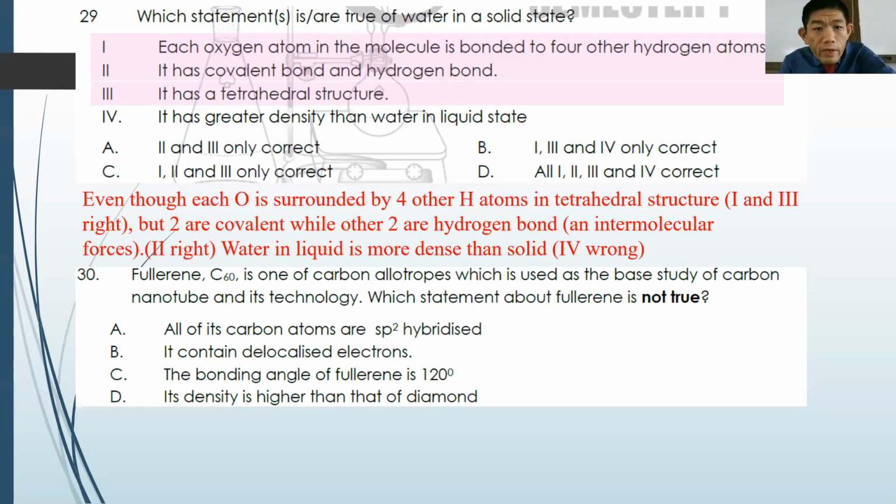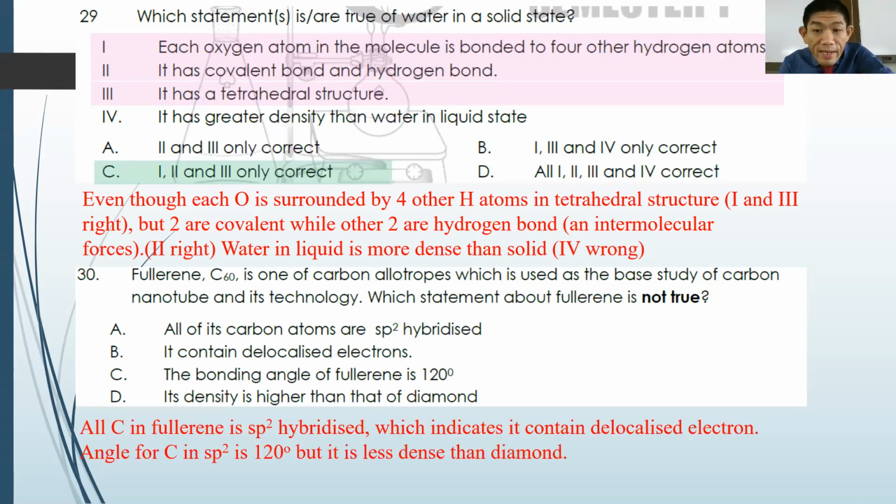Number 30, fullerene is one of the carbon allotropes which is used as the base to study carbon nanotubes and their technology. Which statement about fullerene is not true? Number 1, all of its carbon atoms are sp2 hybridized, which is correct. And since it is sp2 hybridized, definitely it contains delocalized electrons, which is also correct. The bonding angle of the fullerene is 120 because it's all sp2 hybridized, and it has a higher density than